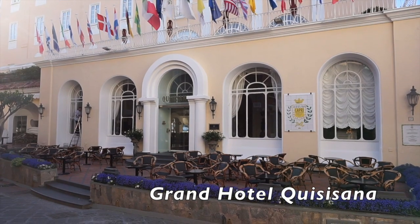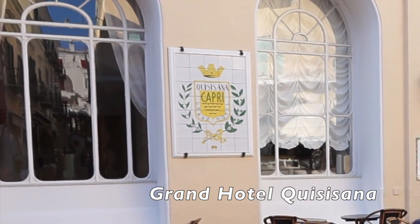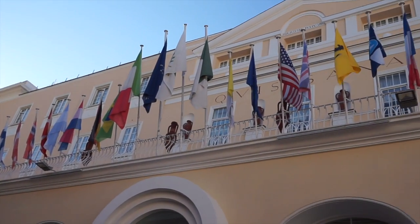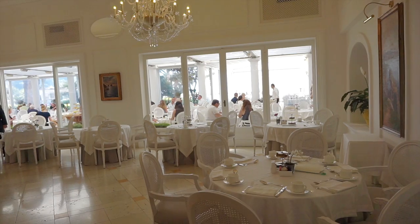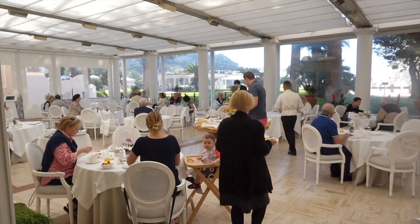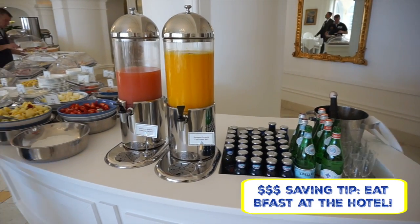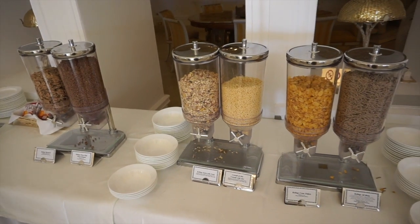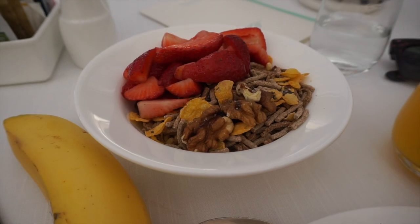So we stayed at the Hotel Kisusana in Capri. It's absolutely gorgeous. It's definitely one of the nicest hotels I've ever stayed in. And they do a beautiful breakfast buffet every single morning downstairs. Every morning I'd wake up and go into this beautiful room, and they'd have fresh fruit and different kinds of breads and cereals and juices. And it took a little bit of creativity, but I figured out a couple of ways to make a pretty